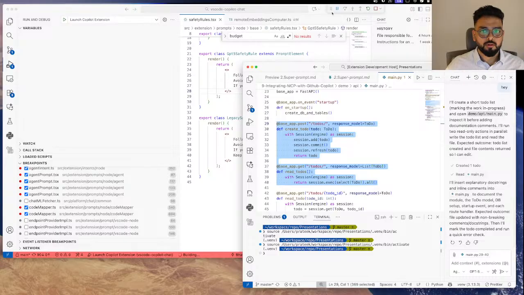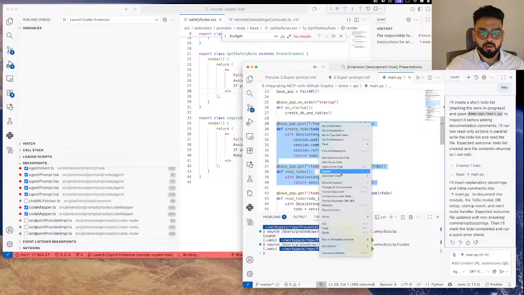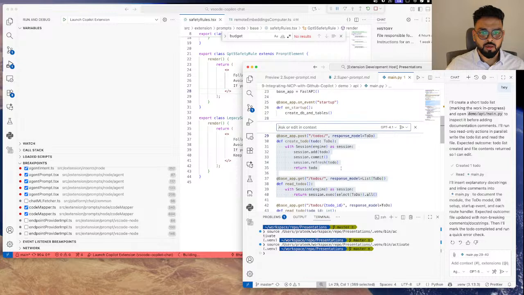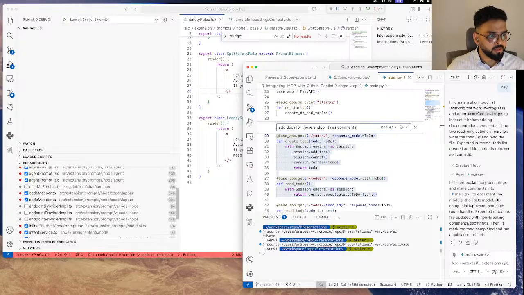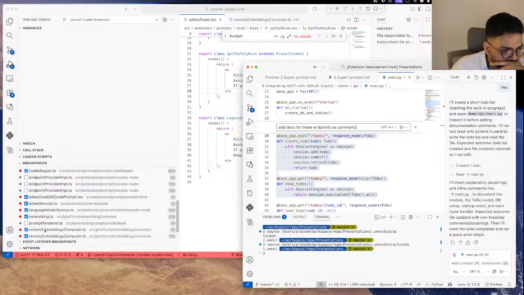All right, so I'll add a comment again, open inline chat, add docs for these endpoints as comments. Before I hit it, let me check if I have all the relevant